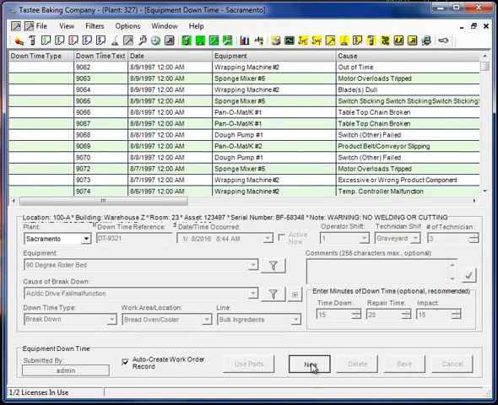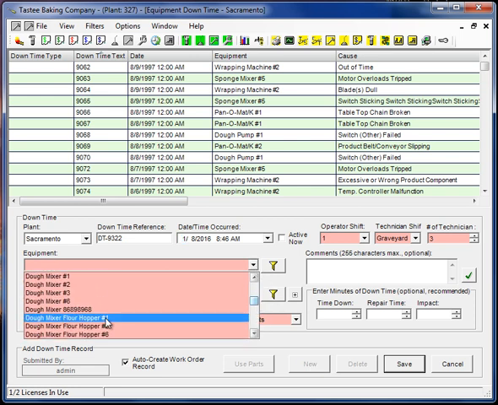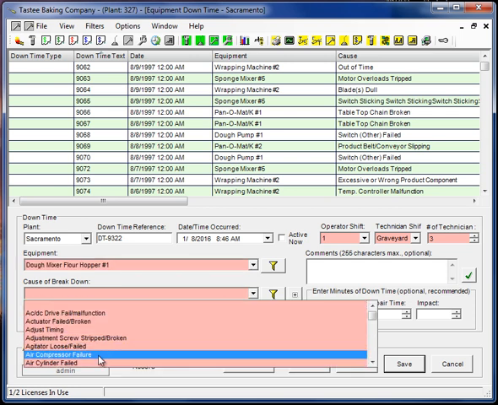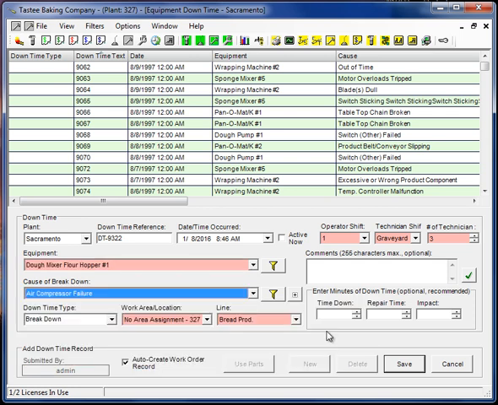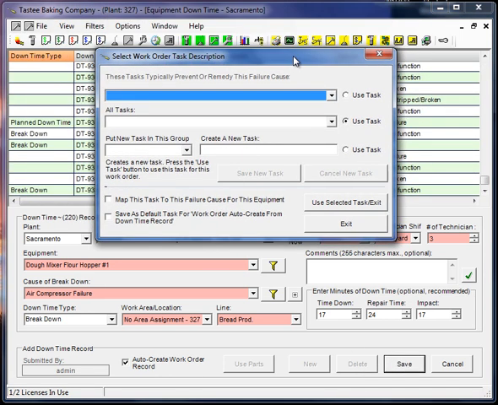Now, let's try another situation here. Let me pick another piece of equipment, and I'll hope that there's nothing associated with this so I can illustrate this. We'll say air compressor failure. And we'll give it a little bit of time. Double left mouse click. Okay, and I have auto create. I click save. Okay, this time we didn't get one pop up automatically,